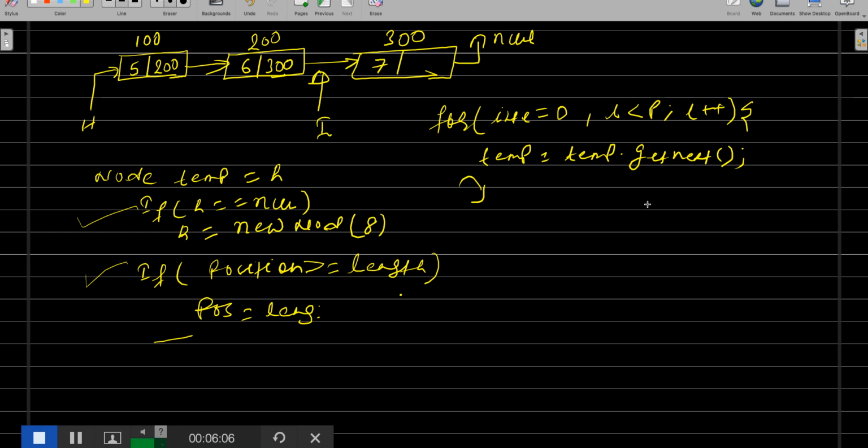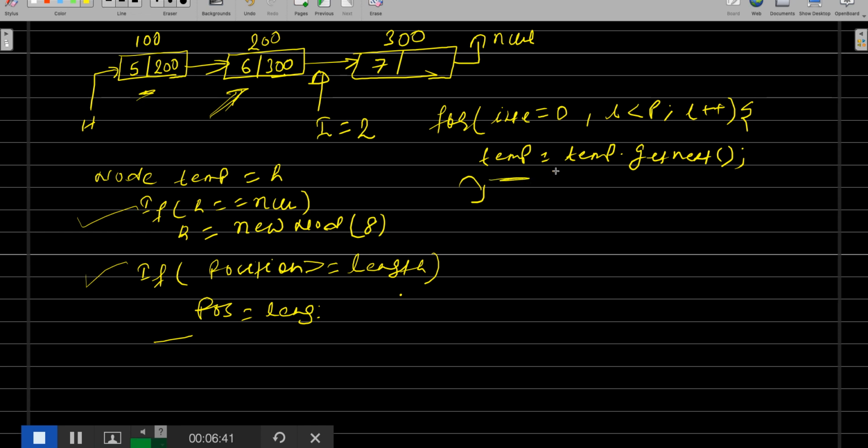Okay, so now go with this for loop, try to understand the code. It is starting from 0, and temp is pointing to the head. So when you say temp dot get next, basically, in the first iteration you'll get this node. Then again, i became 1, then you will get this node, right? But you have to insert at position, let's say, equal to second, right? So when i became 1, now you will come out of the loop.